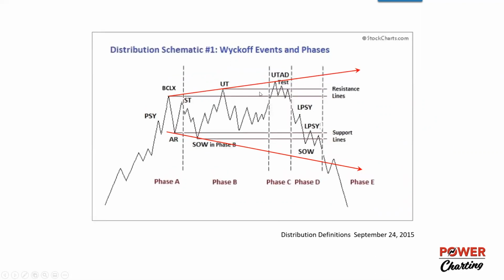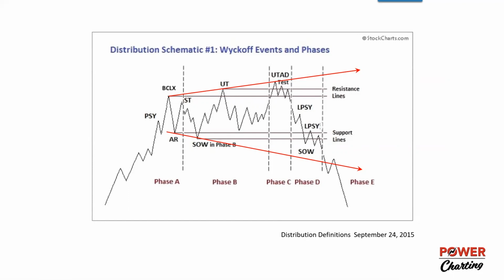Now here is an upthrust after distribution, and we see this often, especially in strongly uptrending markets. So here this upthrust goes to a final new high, captures or traps all the momentum traders as it breaks out to a new high, and then quickly fails into a long decline that goes down to the support area of the distribution structure, pauses there, and then fails into a phase E markdown. So these are our two